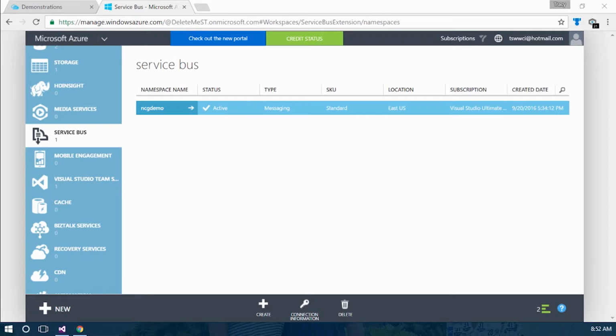Now let's take a look at a service bus queue and how we interact with it. I'm going to take you on a tour of the configuration and use of service bus queues. I've already got a service bus queue set up, and I already have the code to interact with it, but I'm going to walk through both of those just so you can get a feel for what the service bus queue is. I'm going to go through the same demonstration that I went through using a storage queue,